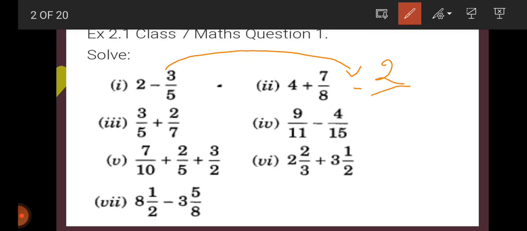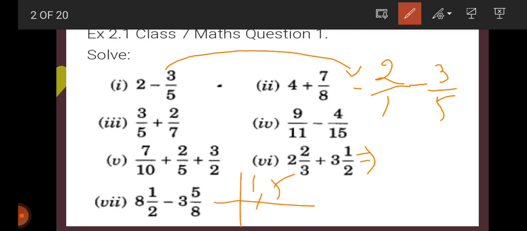First, 2 by 1 minus 3 by 5. Okay, so first we take the LCM of the denominators, because these are unlike fractions. We convert them into like fractions first, and then we add and subtract. Without like fractions we cannot add and subtract. So the first condition is that we convert the given question into like fractions, and then we add or subtract. Here the LCM of 1 and 5